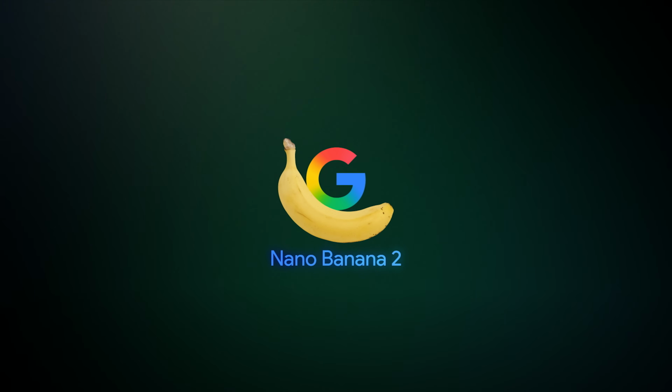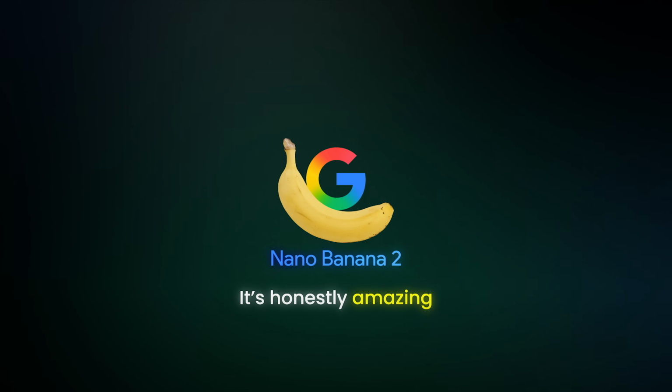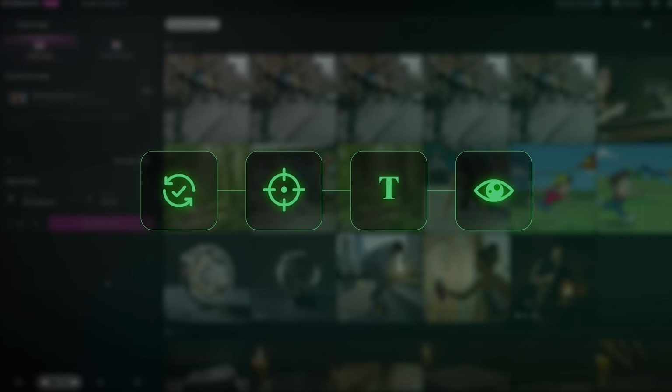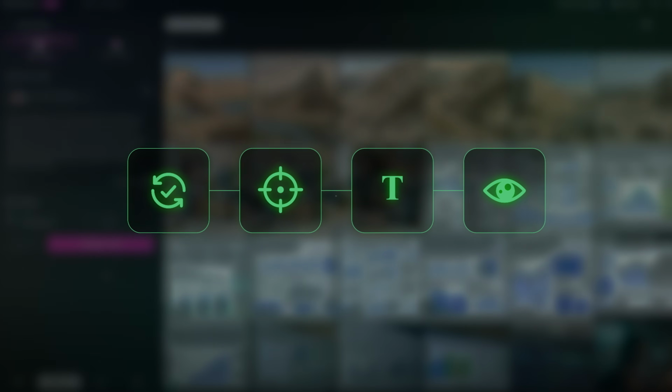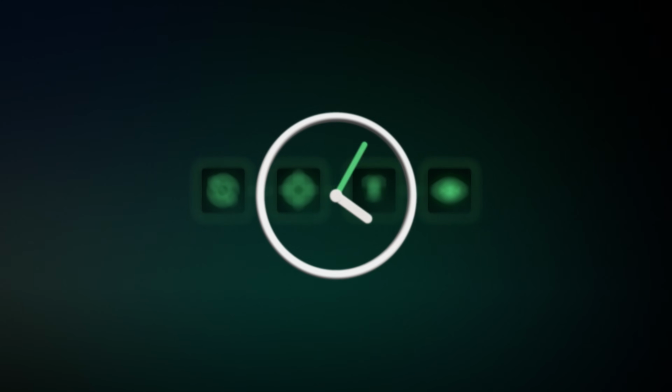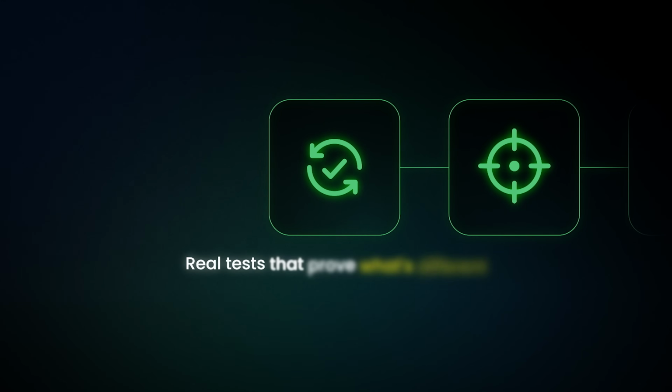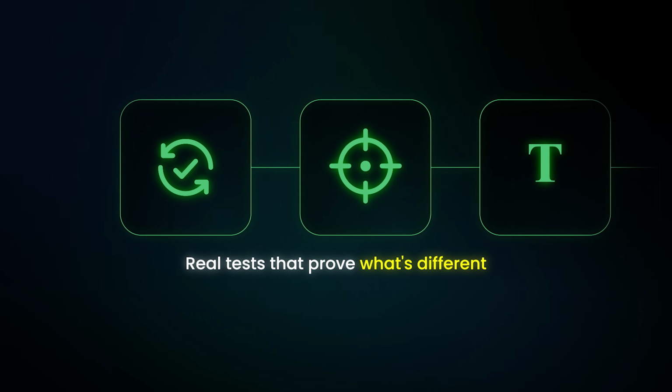I just spent the last 3 days pushing Nano Banana 2 to its absolute limits, and it's honestly amazing. And what I realized is that there are some core things you need to master so that you can use a tool to its fullest, especially one that can replace hours of your manual work. So in this video, I'm walking through real tests that prove what's different and breaking down exactly how to use